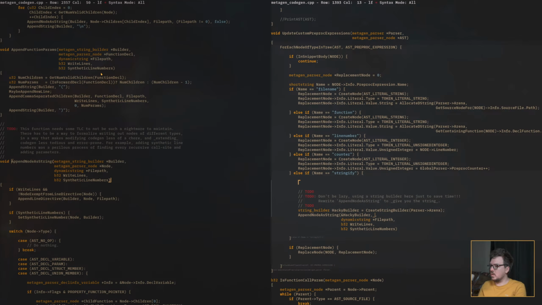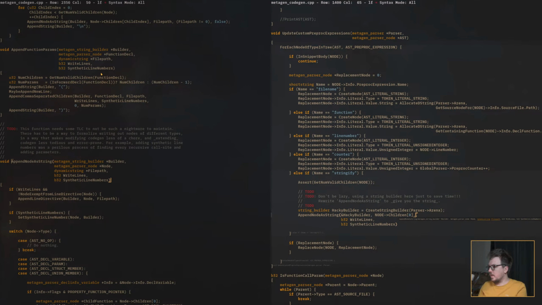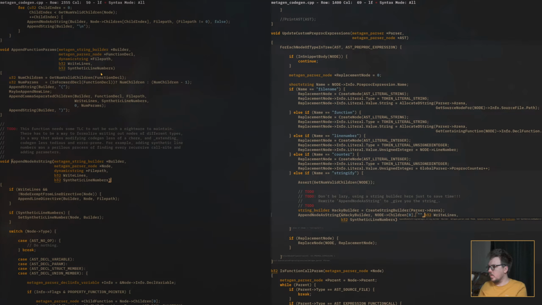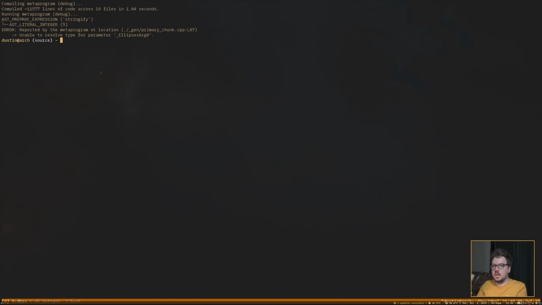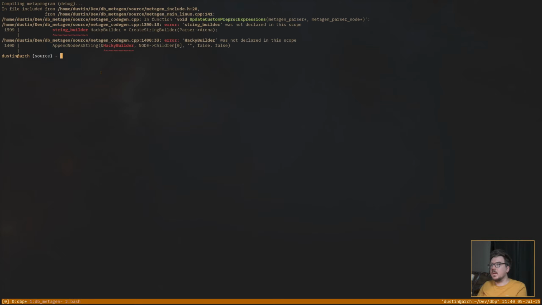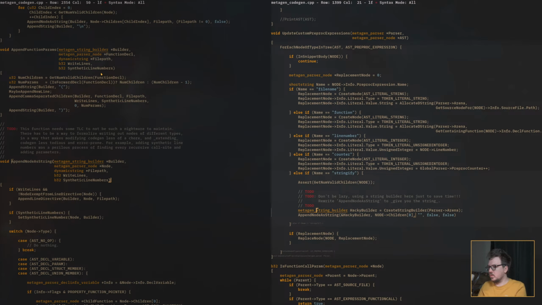I guess we should assert here that you have a child. It should, but if it doesn't, there was a problem somewhere else, right? Node children 0. The file path doesn't matter. Write lines doesn't matter. And synthetic line numbers doesn't matter. I think. This is a metagen string builder.